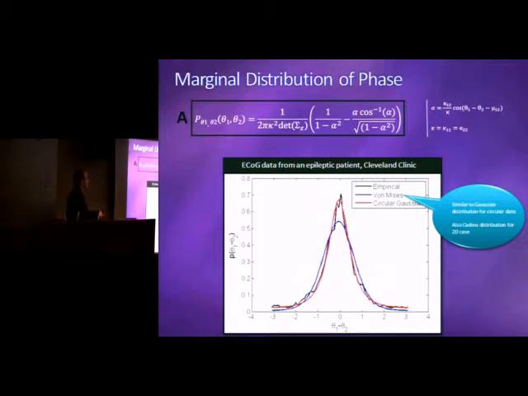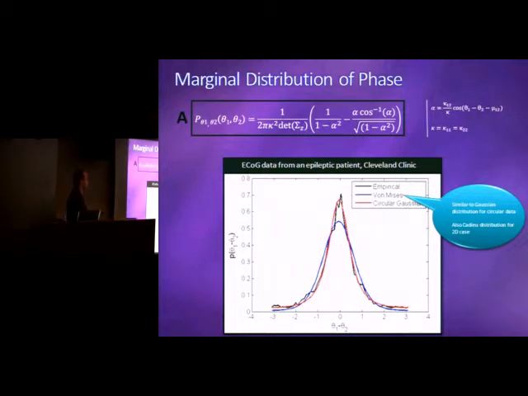We did fit this distribution on electrocorticographic data from an epileptic patient from Cleveland Clinic, and the histogram of the phase difference is in black for the empirical data. And when we fit the Gaussian-based distribution, it gave a really good fit for this particular case. I don't want to make an argument that overall it fits. We need to test this out, but there are certain data that this model fits quite well,